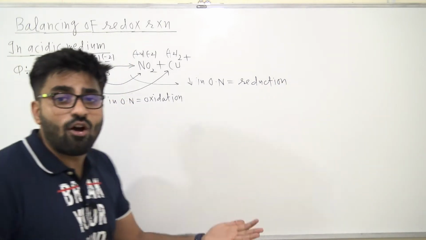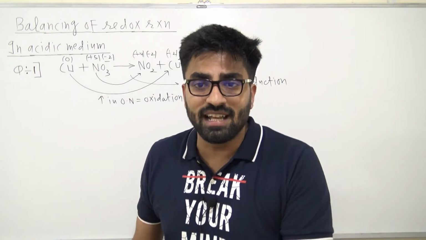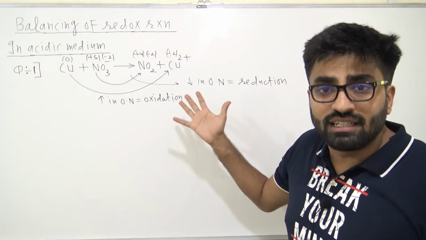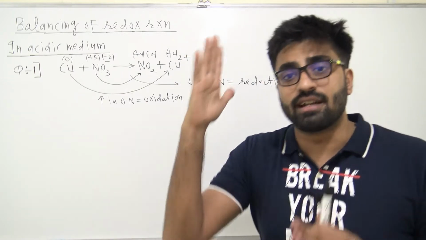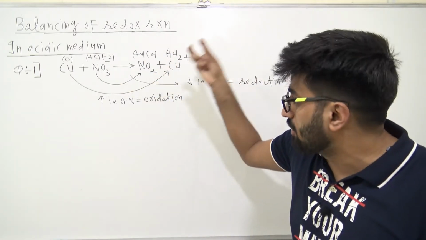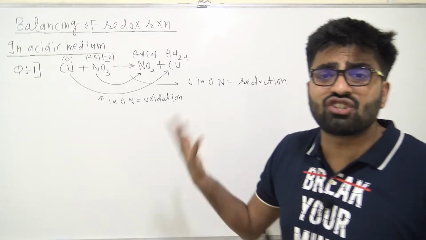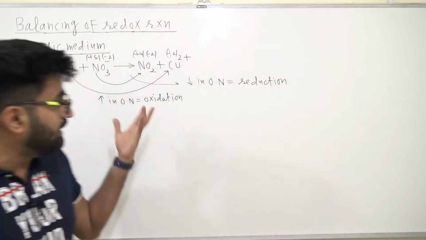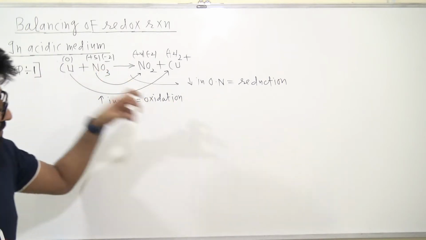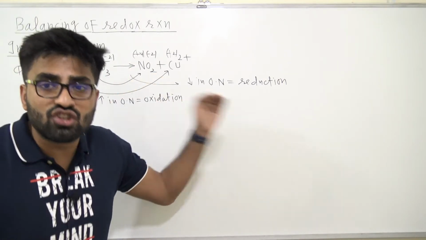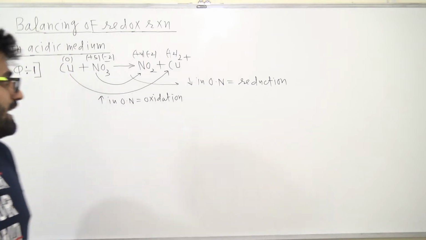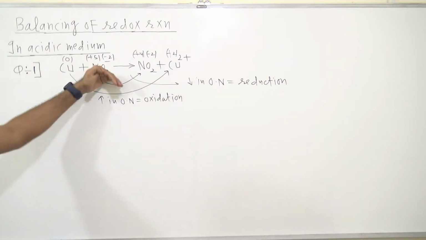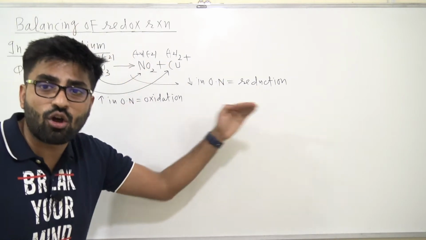So what is redox? Redox means reduction plus oxidation. In this given reaction, one element is undergoing oxidation and another element is undergoing reduction. It means the given reaction is redox. They are not asking you whether it is redox or not; it just says to balance this redox reaction, but I'm showing you this so you can check whether it is redox or not. Oxidation and reduction take place simultaneously, so this given reaction is a redox reaction.